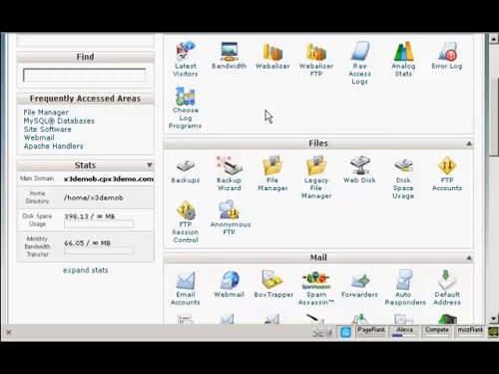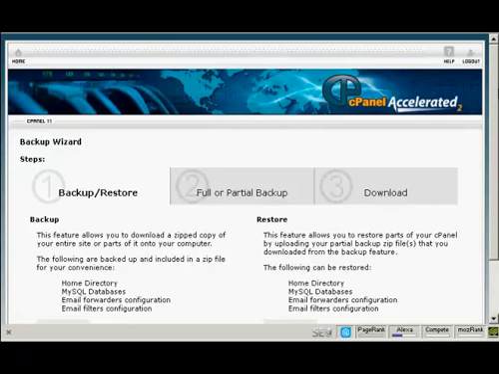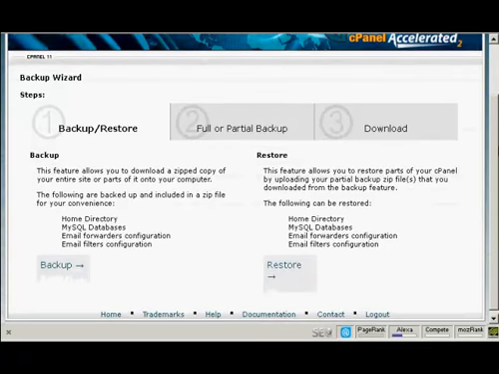Okay, in cPanel, come down here to where it says Files, and then click here on Backup Wizard. And it gives you the steps here. You can back up or restore. And what you want to back up, really, are the two things that you need for your WordPress blog to work: the home directory and the MySQL databases. The things like email forwarders configuration and email filters configuration are more to do with the actual running of your website. So we click on Backup,